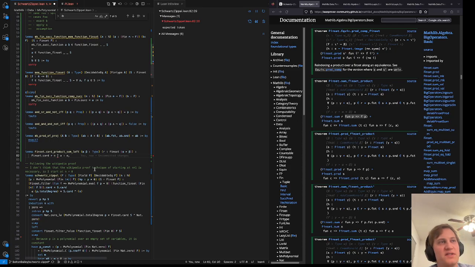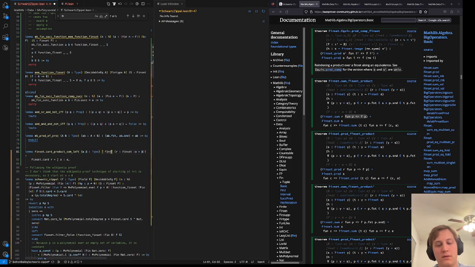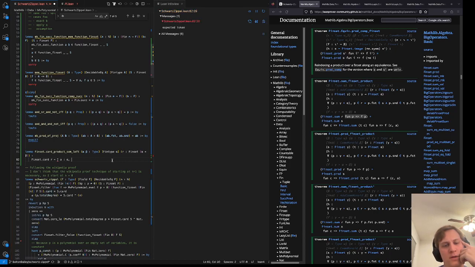It's not going to work because it's going to need Fintype alpha. Sum over A in alpha. Maybe it has to be in alpha. Of what? Of the